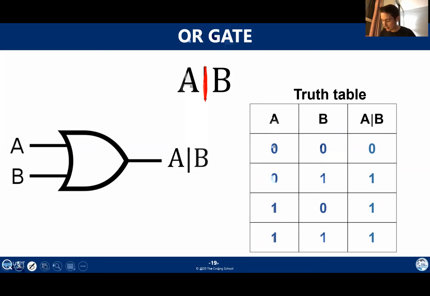This is what the circuit diagram looks like. So it looks kind of similar to the AND gate. Again, I think you just have to memorize what these look like. What distinguishes the OR gate is this curved backing on it. So even in your own notes, try to be careful with how you draw these things.